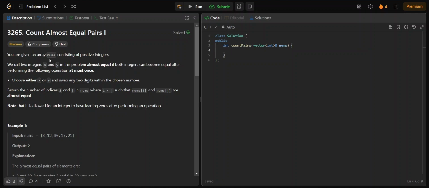You are given an array nums consisting of positive integers. We call two integers x and y in this problem almost equal if both integers can become equal after performing the following operation at most once. The operation is choose either x or y and swap any two digits within the chosen number, and return the number of indices i and j in nums where i less than j such that nums[i] and nums[j]